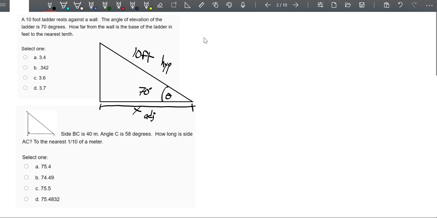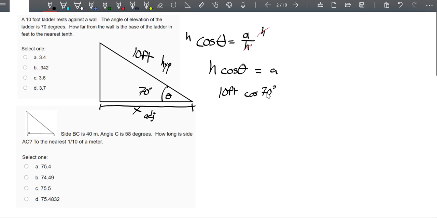With adjacent and hypotenuse, that leads us towards using cosine. Cosine is adjacent over hypotenuse. And if I'm searching for the adjacent side, I'm going to multiply both sides by h, so that I can cancel out that h and that h, and I end up with h times the cosine of theta is my adjacent. The hypotenuse is 10 feet times the cosine of 70 degrees,